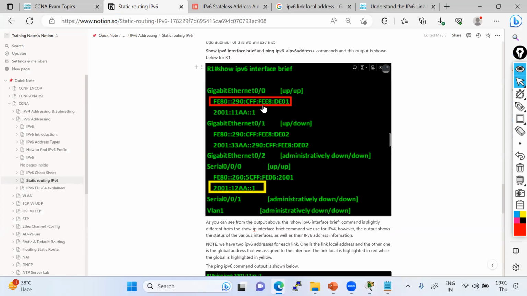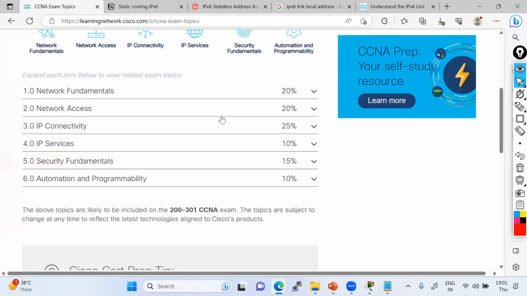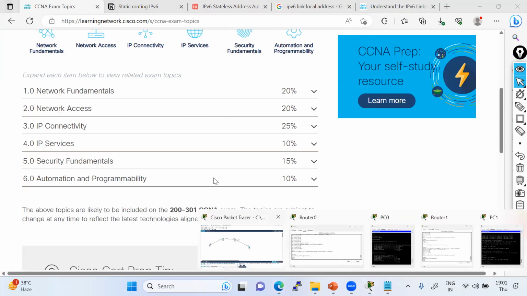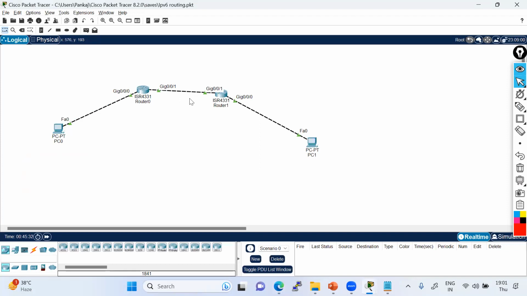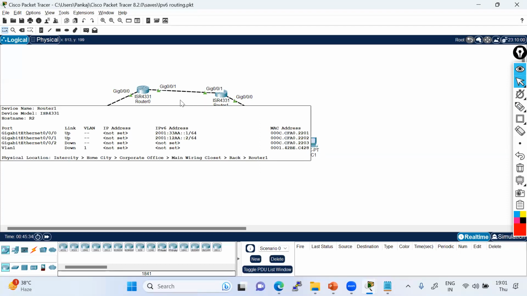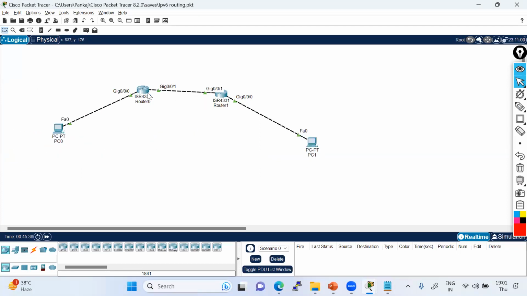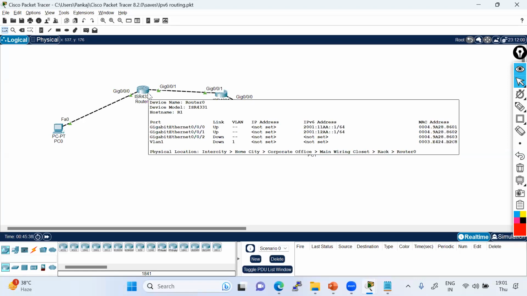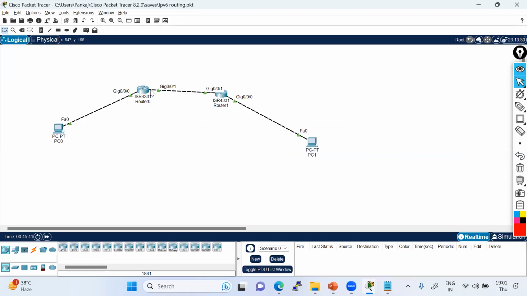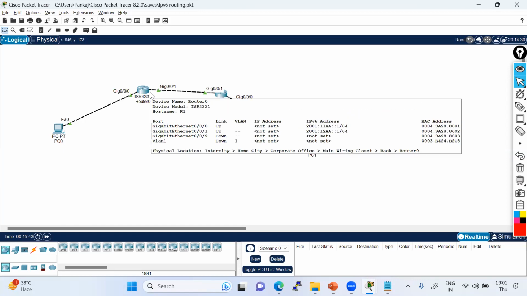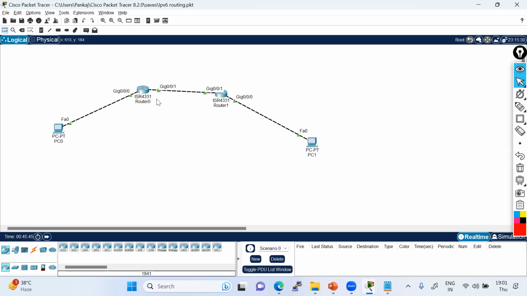Now let's talk about the link local address. That is the most important part, which I need to cover today. Let's take a few minutes. Okay, if I want to assign the IP address on these two interfaces, not manually, I just want to assign whatever MAC address is available on the particular interface. By using the MAC address, I want to assign the IP address. Will it be possible?